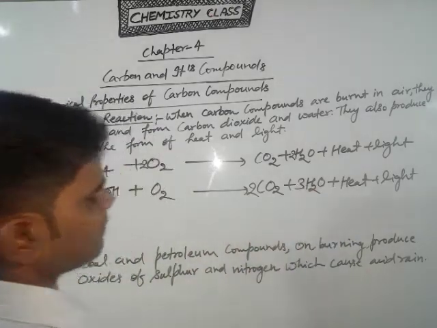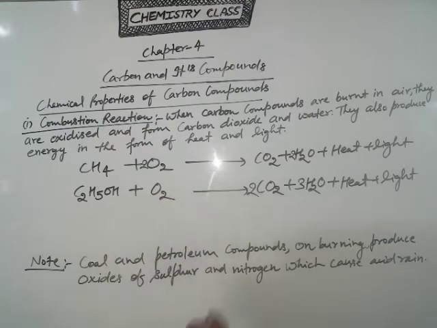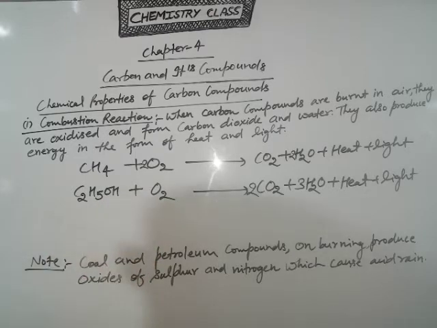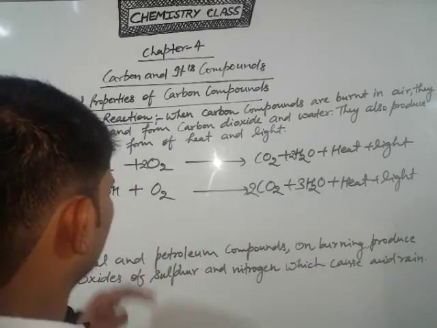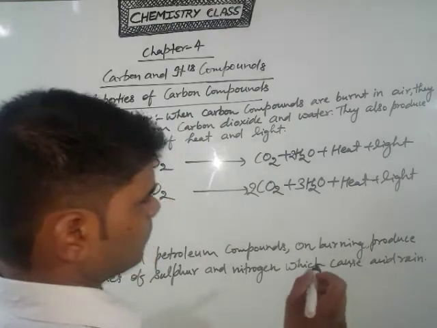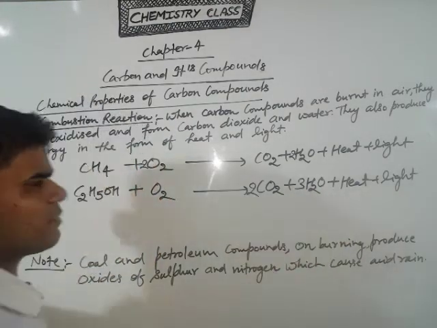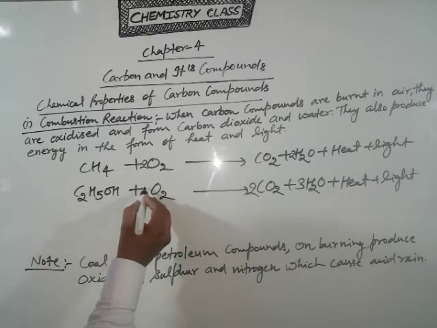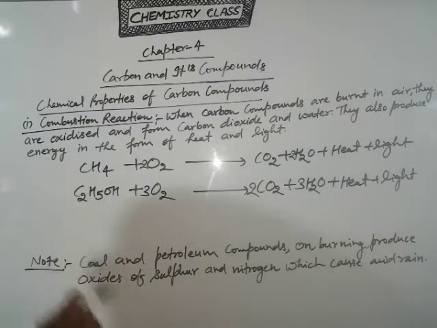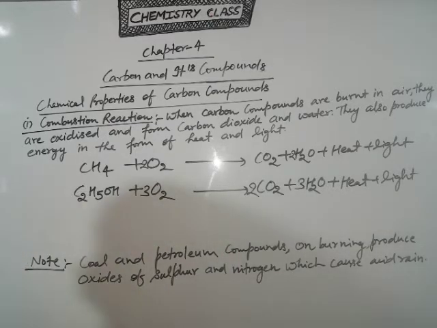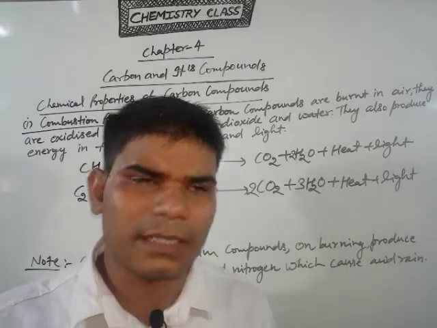So first multiply the right side by 3, that means 6. And how much total oxygen? 1 and 2, that means on the left side 3. On the right side, 3 and 2 into 2 means 4, total 7. So if you multiply by 3 here, the oxygen also balances. This is the complete equation of the combustion reaction.